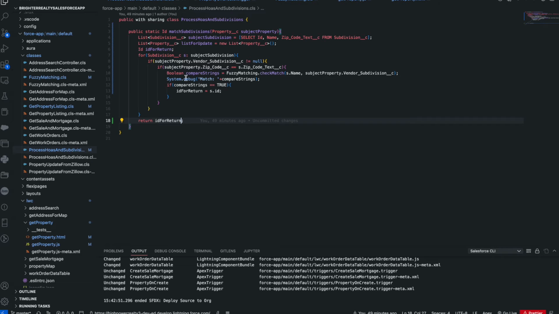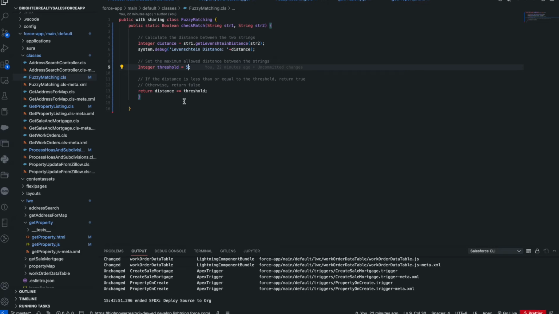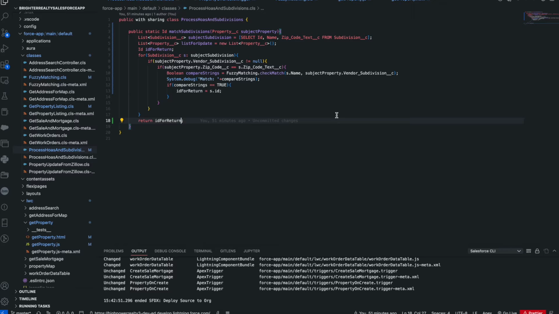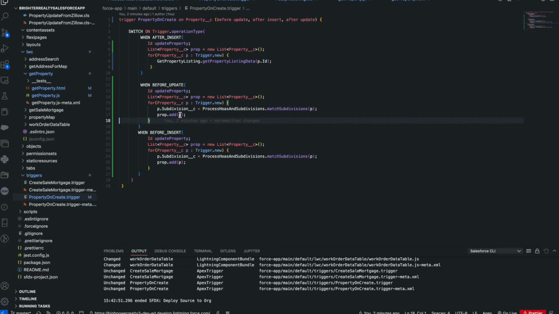So then the result is a Boolean, because remember that algorithm has a Boolean result because it compares the Levenshtein distance with the threshold value that we set. If it's less than or equal to that threshold, then it is a match for our purposes. And then it returns an ID value, and we use that ID to update in the trigger. We use that ID to update the subdivision lookup value. So let's go ahead to